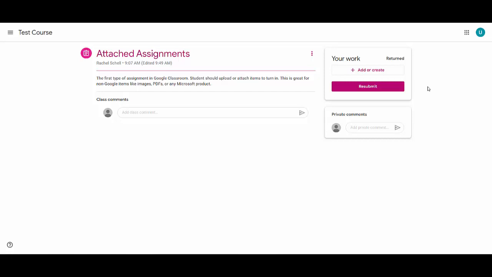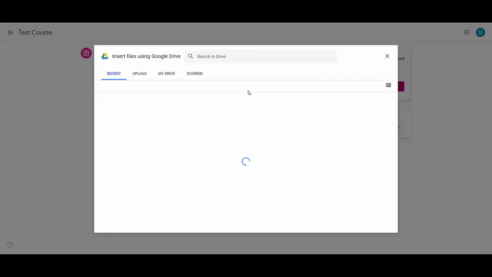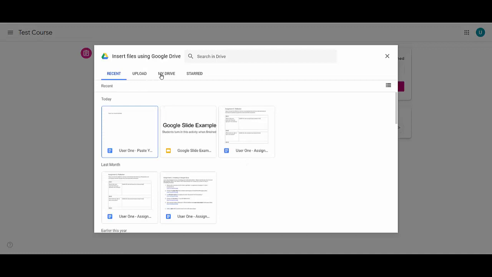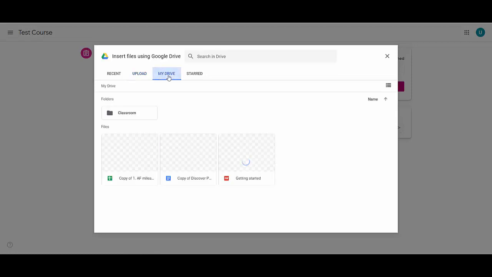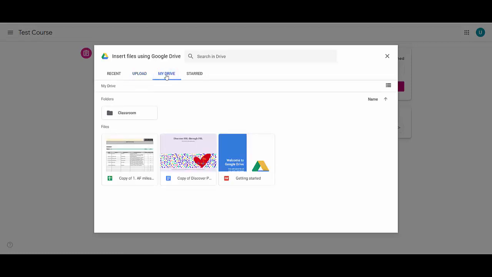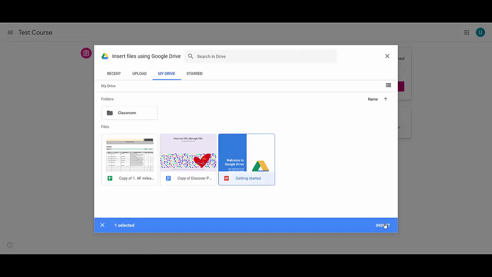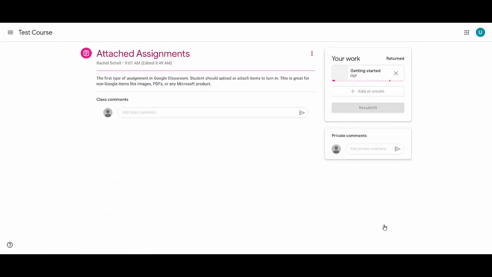So for your students to submit something, they're going to click the Add or Create button, and they will have to upload whatever it is they're turning in to their Google Drive, because if you click Google Drive or File, it's still going to go to Google Drive. And then you can click Drive. If they're not on a Chromebook, you can click Upload and browse from your computer, but most of our students are on Chromebooks, so we can go to My Drive, and I'm just going to select this PDF, click Insert,